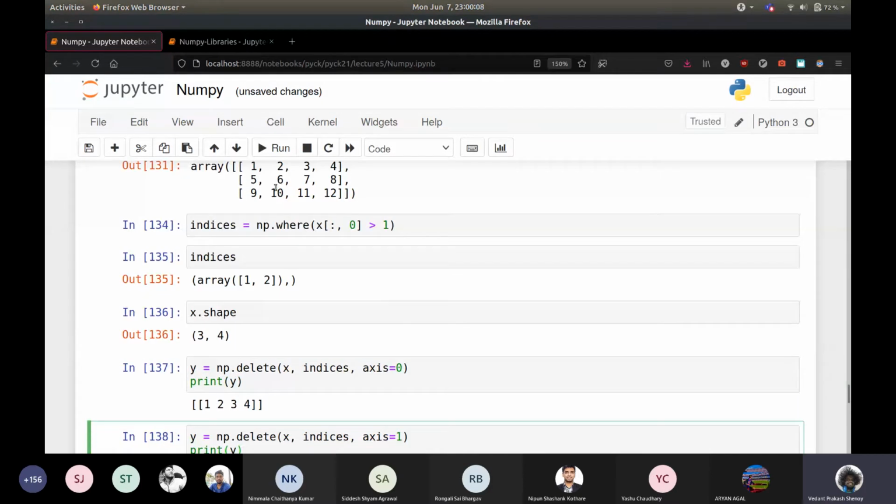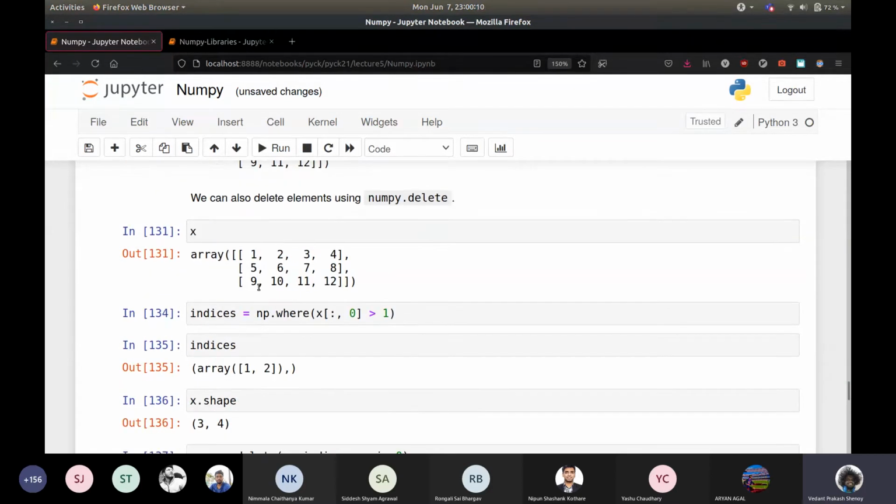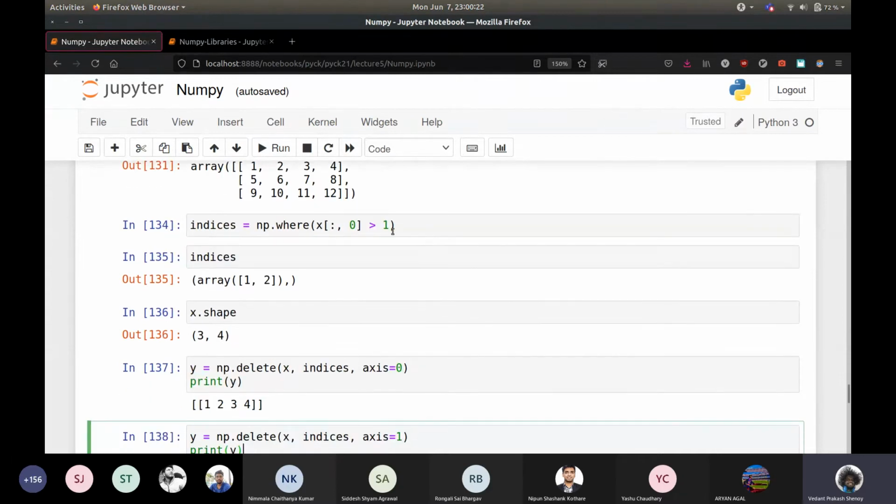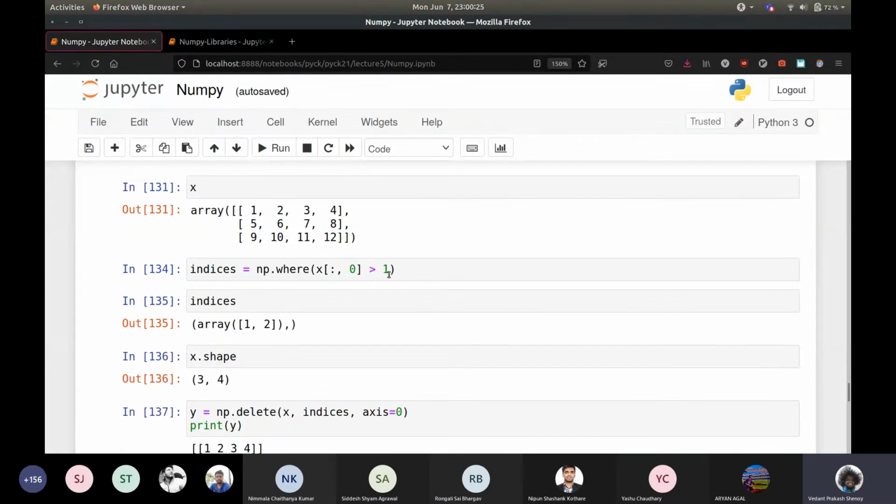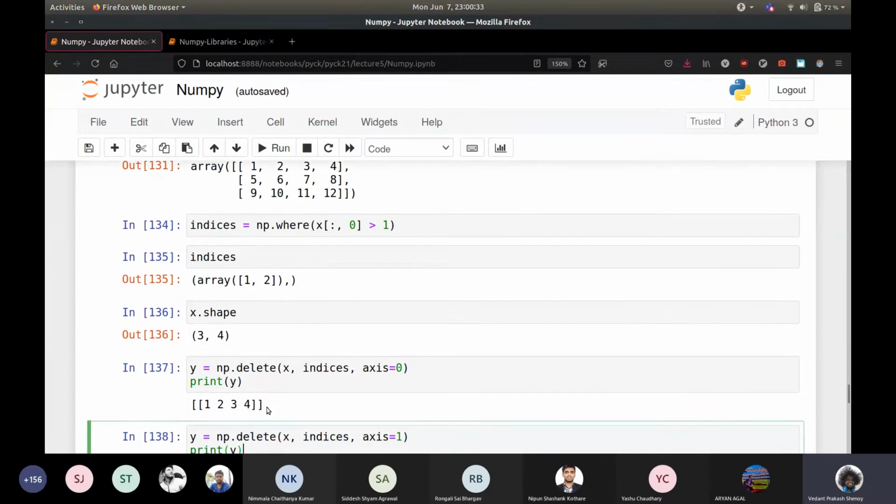So for example, if 1, 5, 9 are scores on a test, and you want to isolate somebody who failed, and let's say the passing mark is just 1. So wherever it is greater than 1, you isolate those rows and then you just delete them to get the data for that student who has failed, for example.